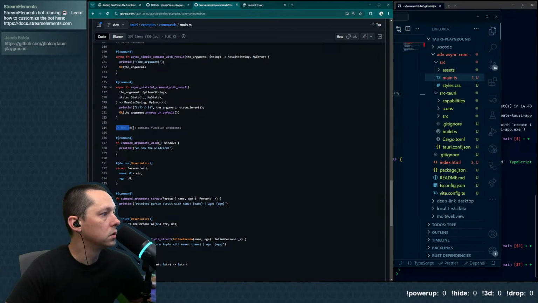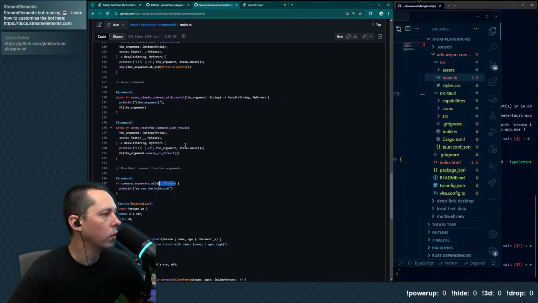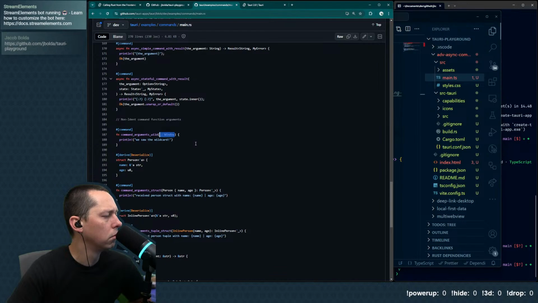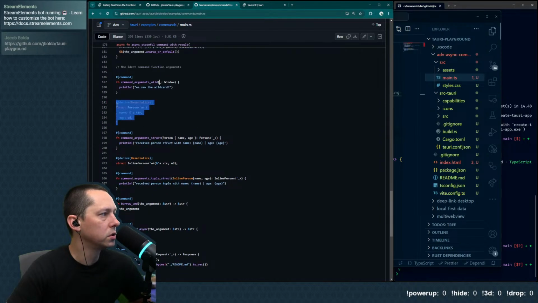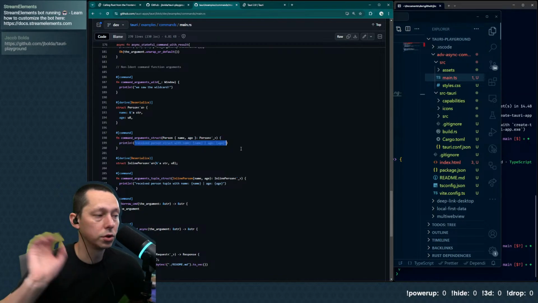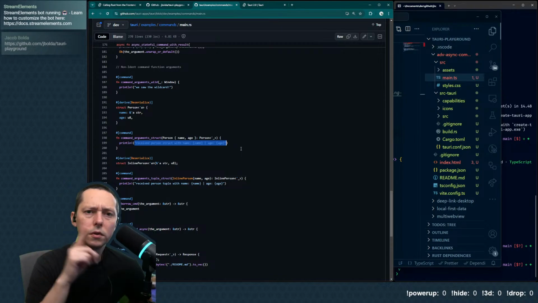This one is non-indent command function arguments. I'm not sure why it says non-indent, or what non-indent means. This one specifies a struct and uses that struct to basically give that payload structure. I don't know if the TypeScript comes through on that or not.